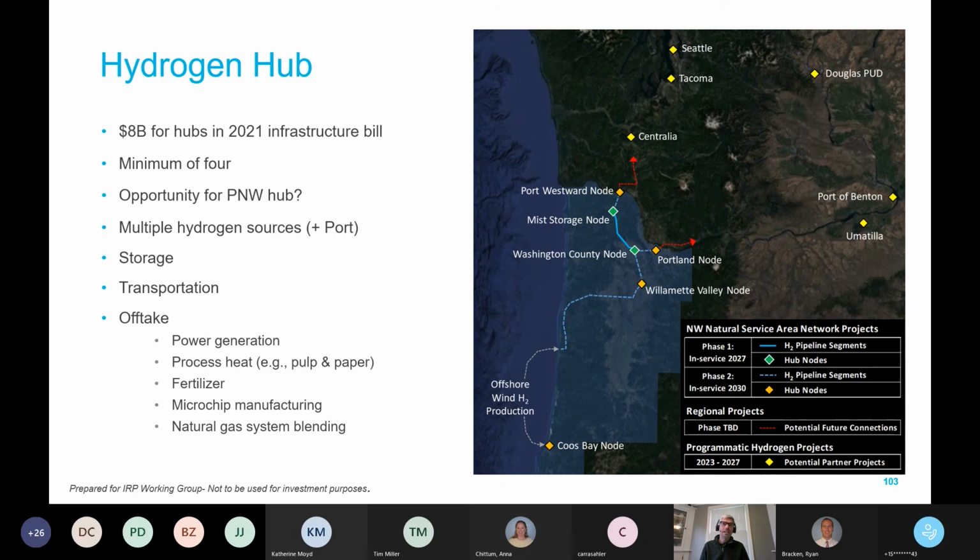And we are actively talking to partners to see whether they'd want to come in as off-takers of that hydrogen, and maybe doing some other things around exploration for sequestration, should that be a blue hydrogen project. So yes, we think there's something there. That would be phase 1, developing out the northwest portion of our state. But you can see how that might tie in to other areas of our state as the offshore wind